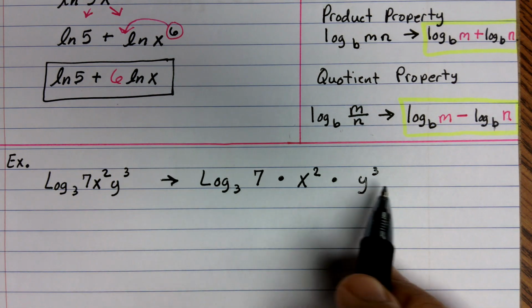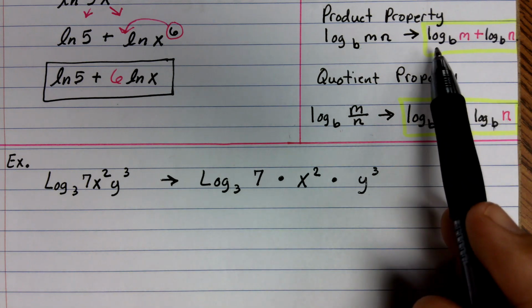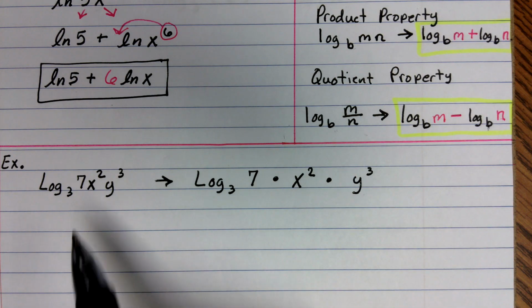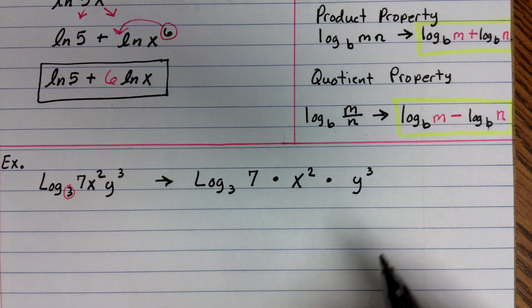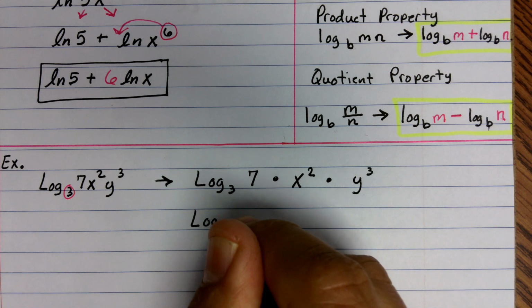I'm spreading it out to make it a little bit easier for you to understand what I'm about to do. So now what I'm going to do is use this product property, and I'm going to rewrite this. Now instead of log b, we know what our base is. Our base is a 3. So instead of log b, I'm going to put log 3. So I simply will have log with a base of 3,